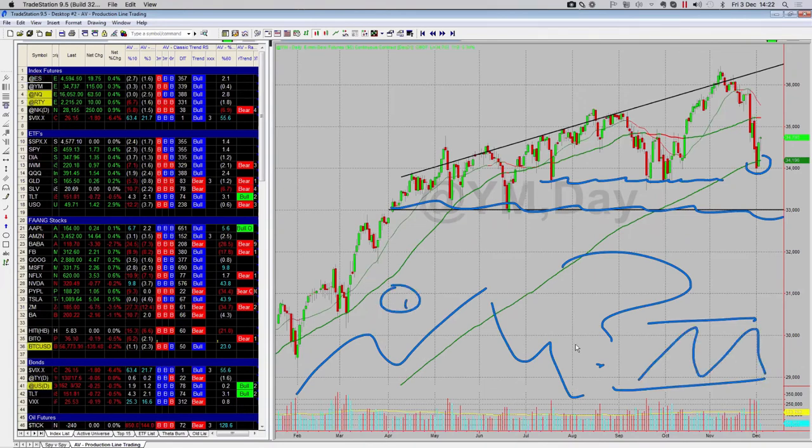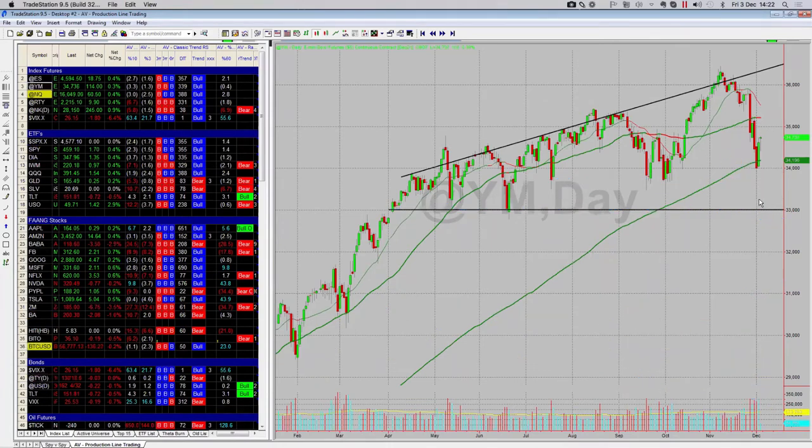That gives me buy the dip, sell the rally, or I can buy range lows, sell range highs, buy the breakout of range highs, or sell the breakdown of range lows. There's four things I can do inside of a consolidation. So now I want to know, where is price in the context of a consolidation?